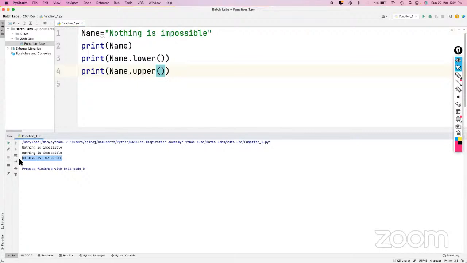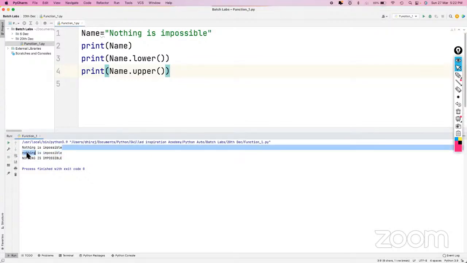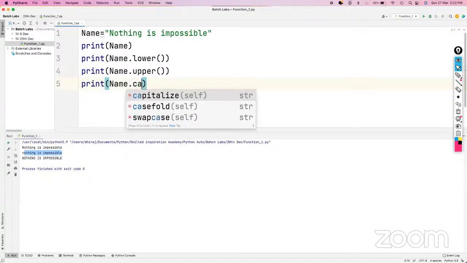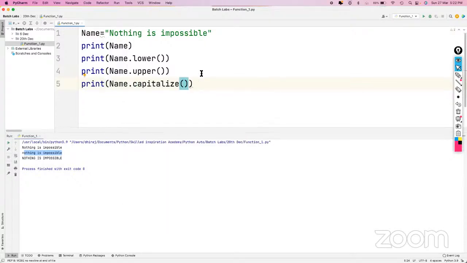Now, one more thing here. If we need to write only the first letter as capital and the others as small, for that we have a method named capitalize. If we run this, only n is capital and everything else is small. If you convert that into small n,